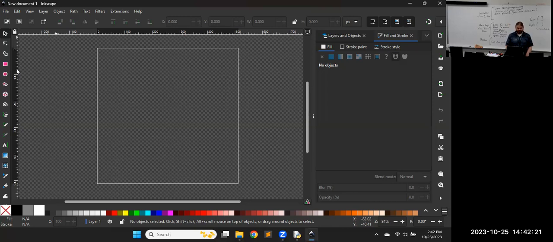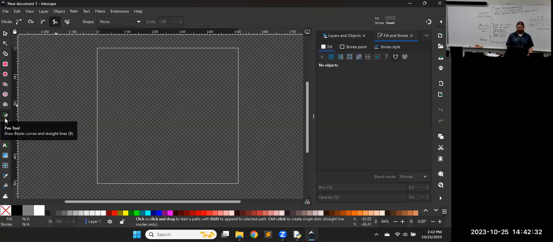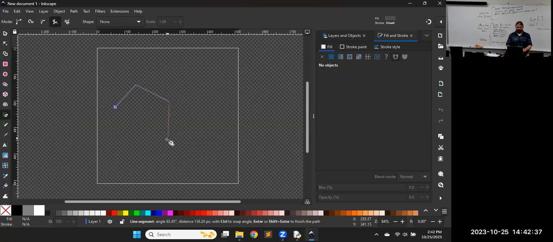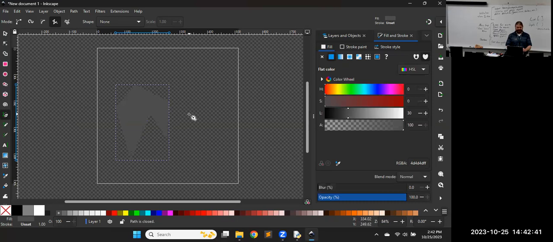It does take practice. Lots of different things. We can draw squares, circles, a few things. Notice these two icons down here. There's a pen, one that looks like a calligraphy pen. That's for drawing lines, or we can do a bunch of straight lines. No, a spline is